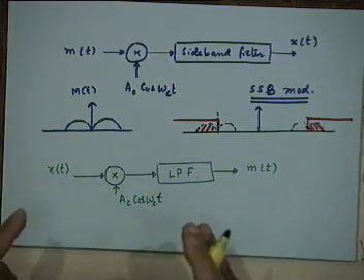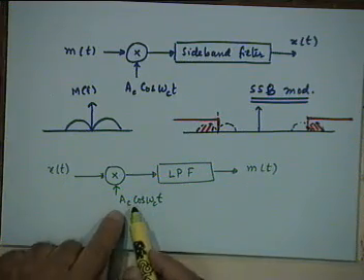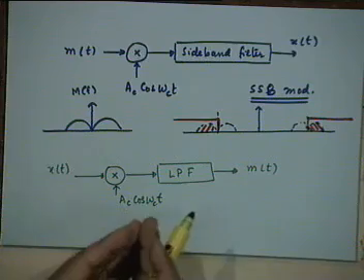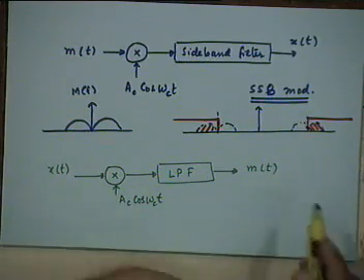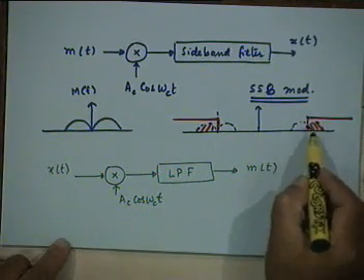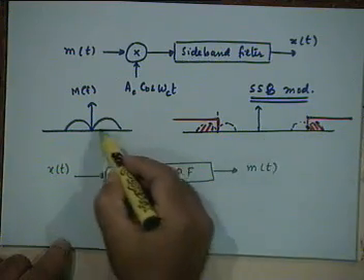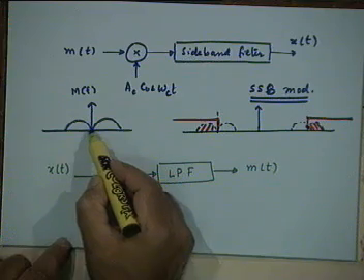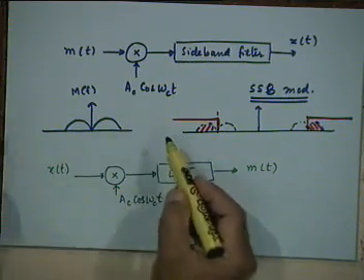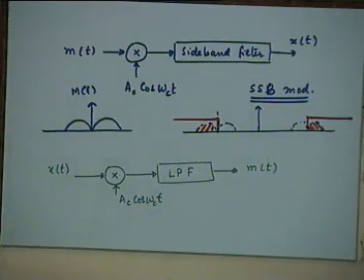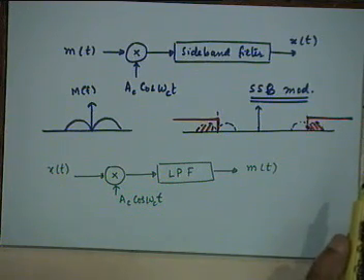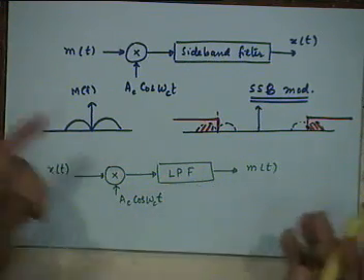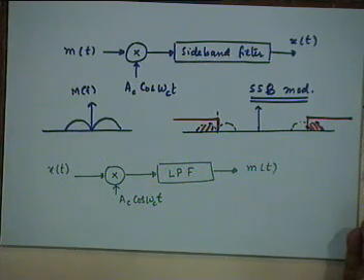Look at it in the frequency domain, it should become obvious. When you are multiplying with Ac cosine omega c t, remember what is the operation you are doing? You are carrying out a frequency translation by minus fc and plus fc. So let us say you have this component. When you translate it by minus fc, what happens? It comes here, and this portion comes here. So you get this baseband spectrum that you wanted, and the plus fc component goes to the neighborhood of 2fc, right? Which will be eliminated by the low pass filter. So there is absolutely no difference in the demodulation process. It remains the same.